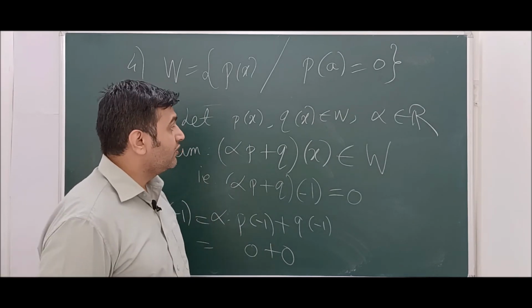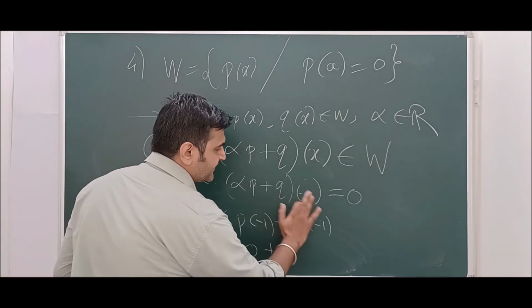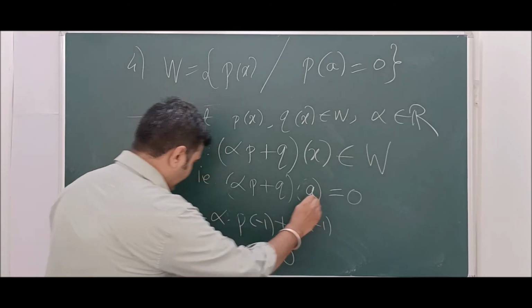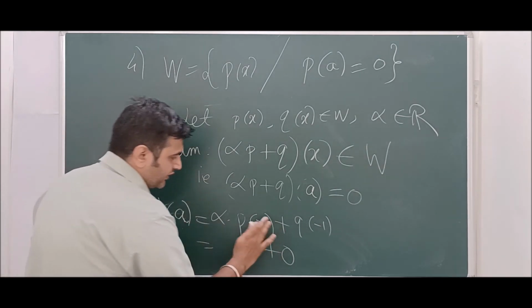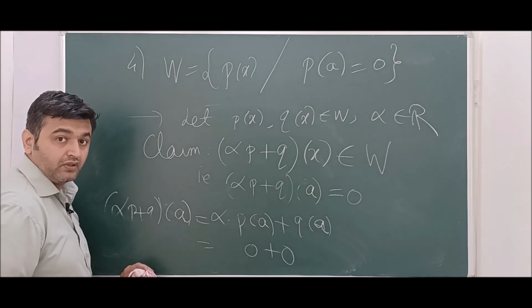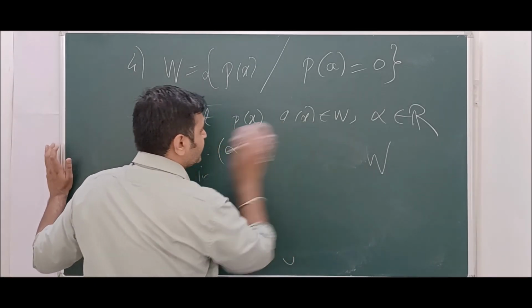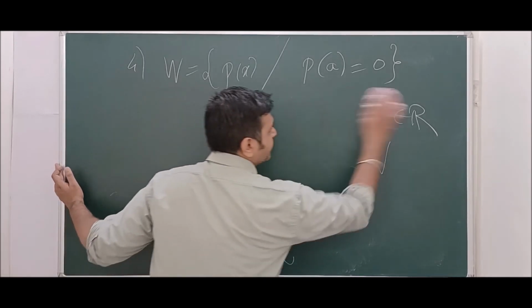Okay, now that's one thing. That's what I meant by generalization, and you can prove that easily. Here you simply replace by a. So here you will have a, here you will have a, here you will have a, 0, 0. Right? So if the right hand side is 0, then it always forms a subspace.